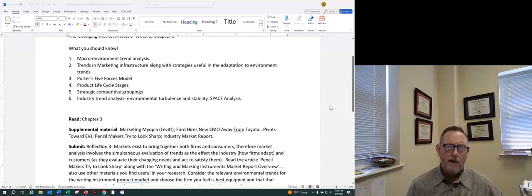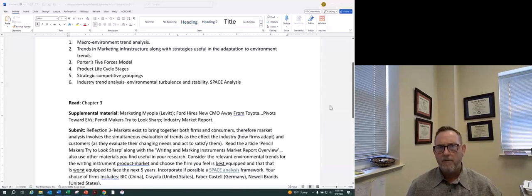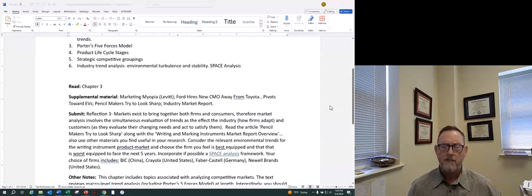Beyond that, a point of emphasis that I want you to know about is something called the product market concept. Product market structure analysis is something that we do when we want to understand the relative role that the industry players and competitors, and we as a firm, play in the marketplace, and want to understand markets simultaneously. So product market structure analysis is something that I have a video on.